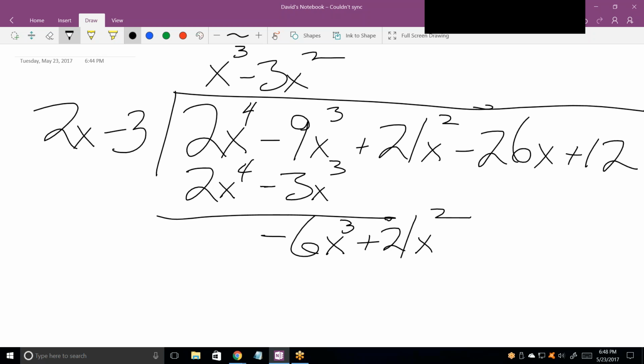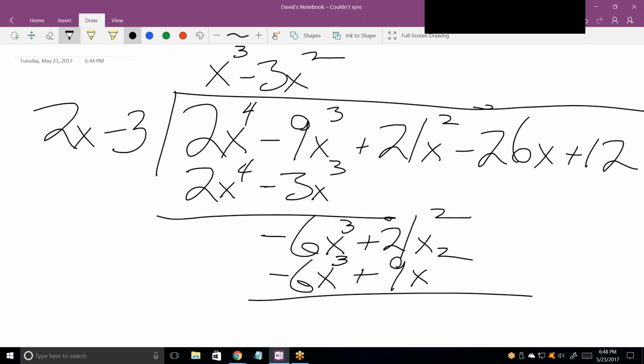Next step. Multiply the divisor by it. What should I write down here? Negative 6x cubed plus 9x squared. Okay. Keep going. And subtract that, and it's